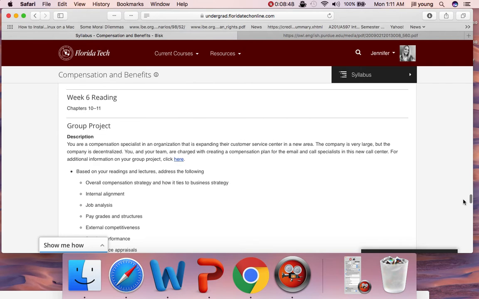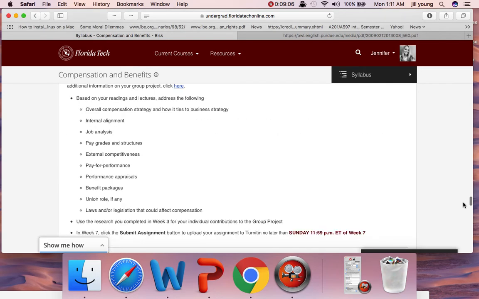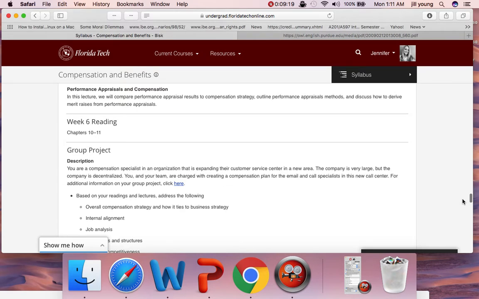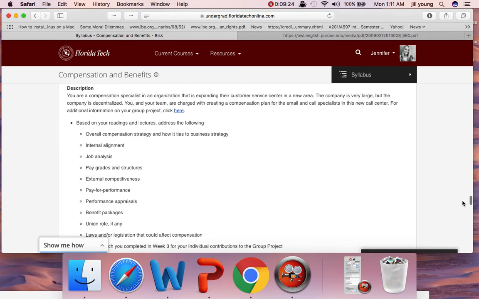Alright, the reason I stopped myself right there is because I couldn't remember if this is supposed to be a PowerPoint or a paper. I'm going to give you the option, but I will tell you this. If you're giving me a PowerPoint, then most of what you write should be in the speaker notes area, because you wouldn't read right off of a presentation. So, again, you can do it in Word, or you could make a PowerPoint, but that PowerPoint will need to have just summary bullets for the slides,